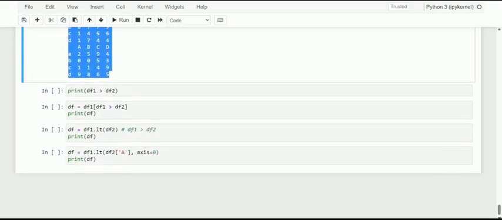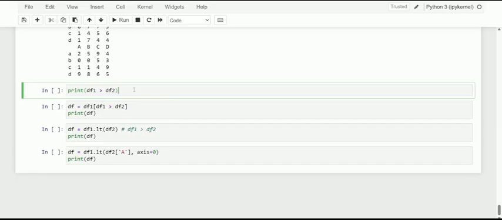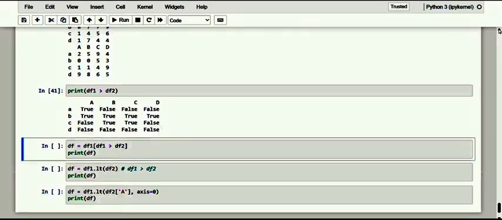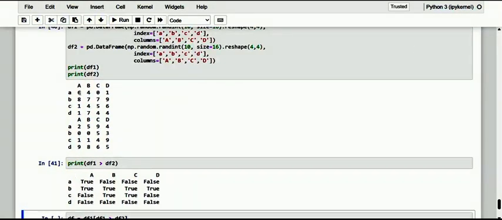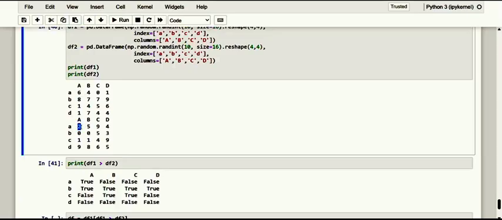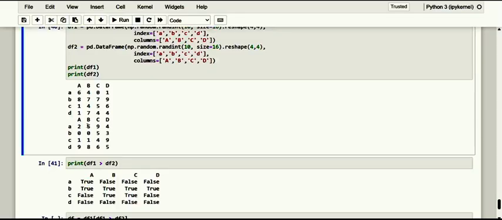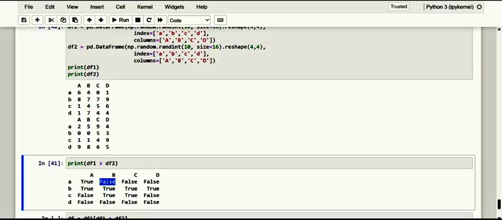So when we make this comparison, kindly observe, dear friends. For each element we have the true value when the Boolean condition is satisfied and false when it is not. Let me execute here. See here, in data frame 1, 6 is greater than 2. Yes, it is true. And 4 is greater than 5? No, it is not, so we get false. That is exactly it: we have the true value when the Boolean condition is satisfied and false when it is not.